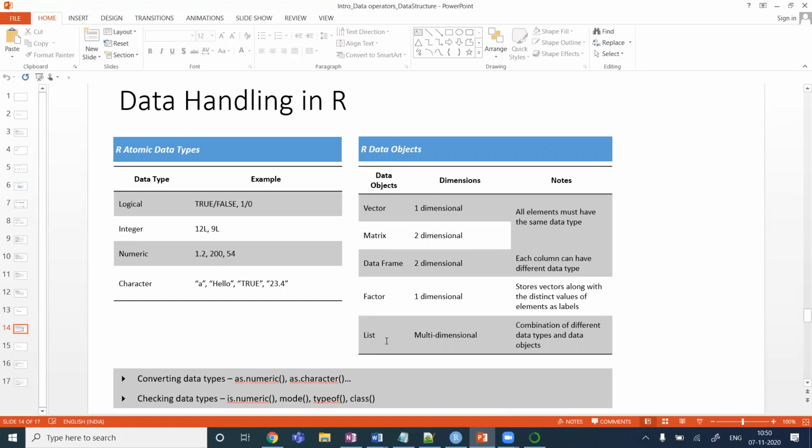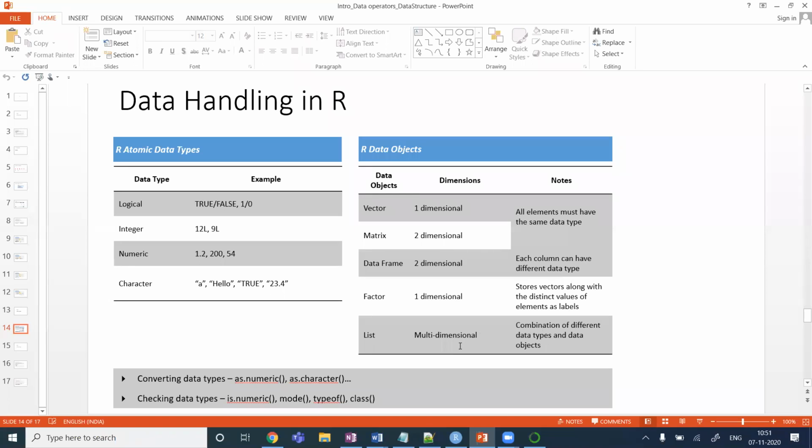And the last data object here we have is called list. List is by property multi-dimensional data, and a combination of different data types and data objects can be an element of the list. So by its virtue, list is multi-dimensional. I mean, it's not restricted to 2D format.